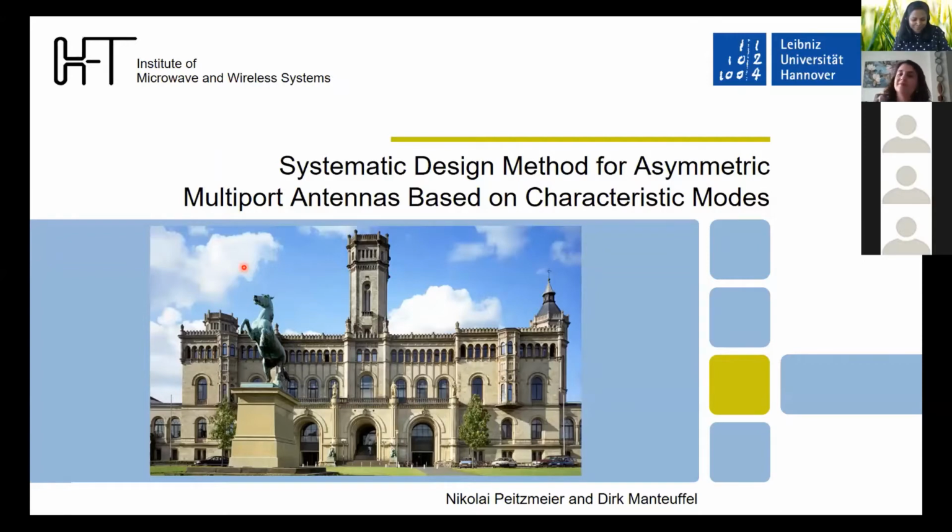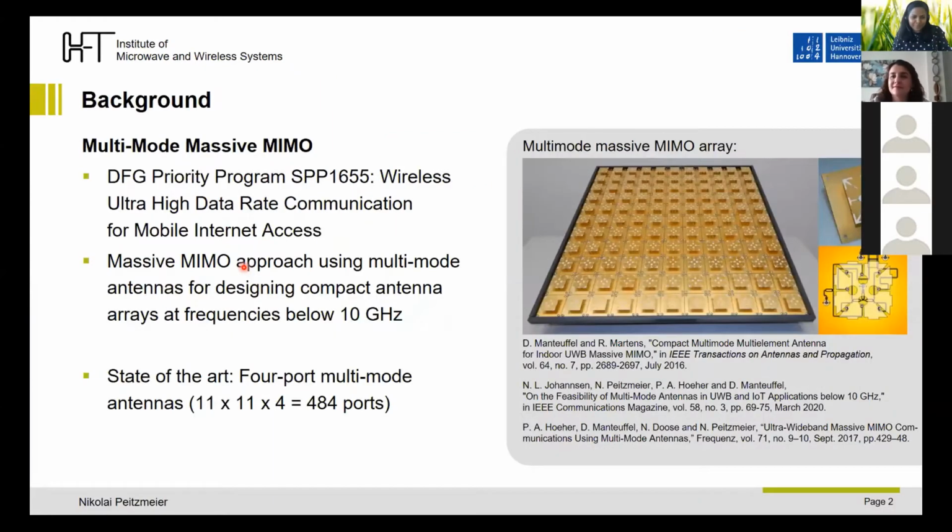Characteristic Modes. Before I go into the details of this work, I would like to start with some background information about the project behind this work. And this project is part